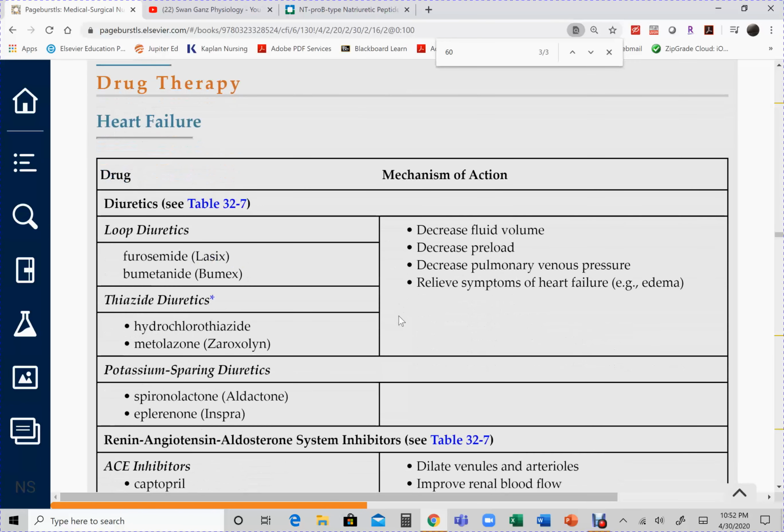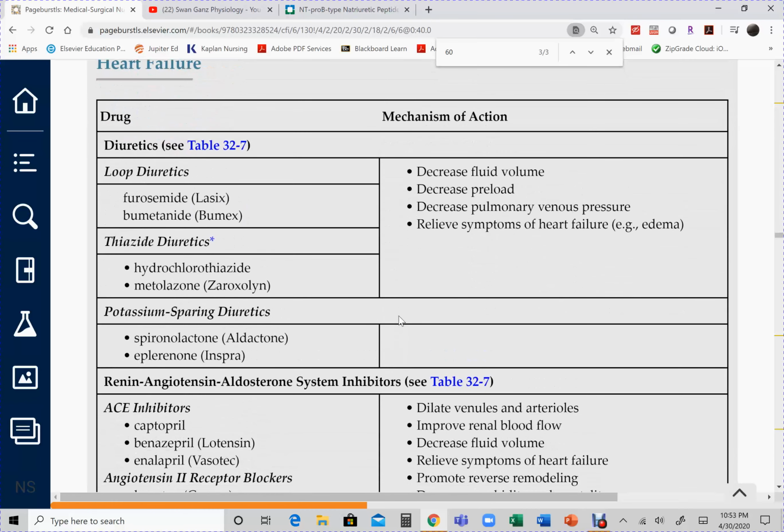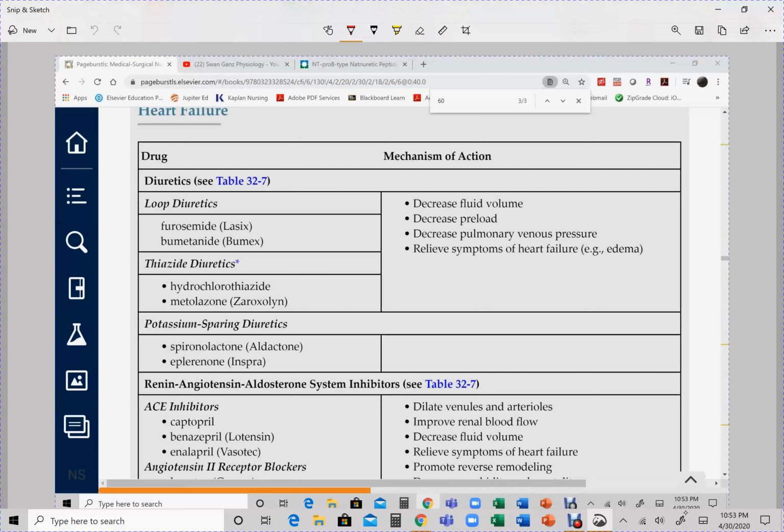Drug therapy now. I mentioned an acronym in chapter 31. It was DOABLE. That's not my original acronym, by the way. I just borrowed that from somewhere. I heard that on an NCLEX review. Okay, so the DOABLE here stands for